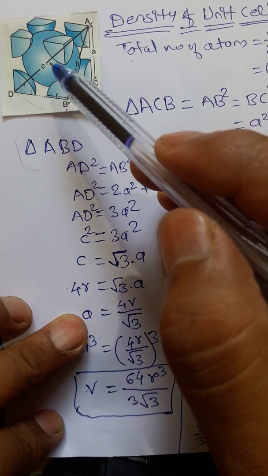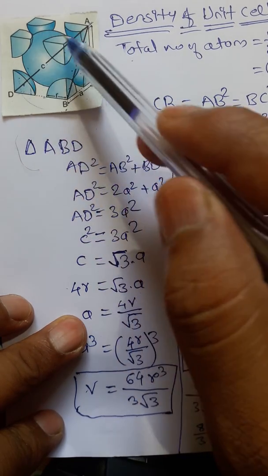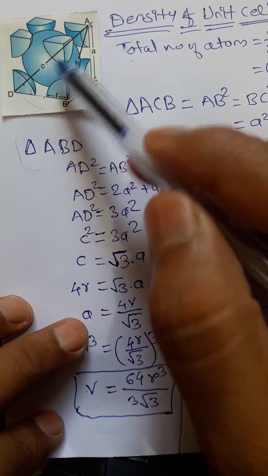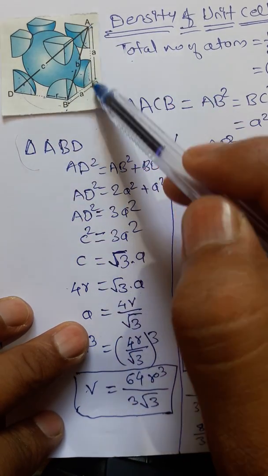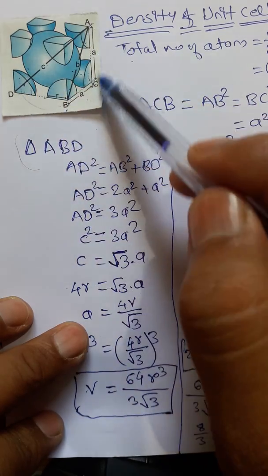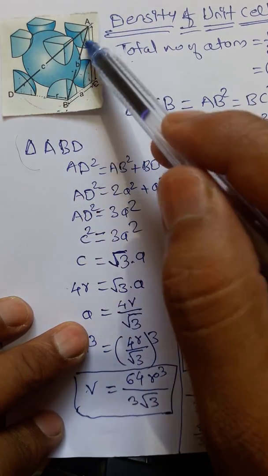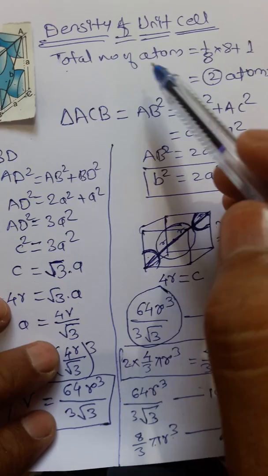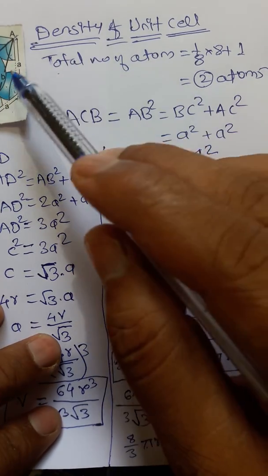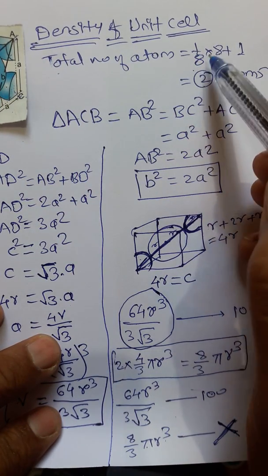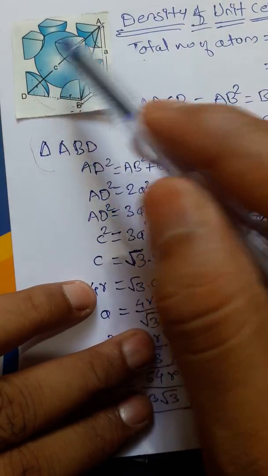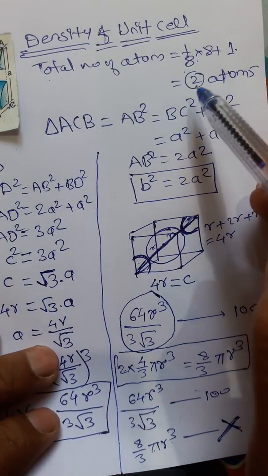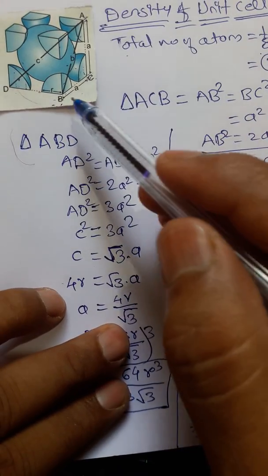In body center unit cell, here one total sphere is present inside, and at each corner there are 8 atoms and each atom contributes 1/8 part. So simply we can calculate total number of atoms present in this unit cell, 1/8 into 8 plus 1, so it becomes equal to 2 atoms. Means इस यूनिट सेल में टोटल नंबर ऑफ एटम्स कितने प्रेजेंट हैं, 2। सो टू कैलकुलेट द वैल्यू ऑफ दिस